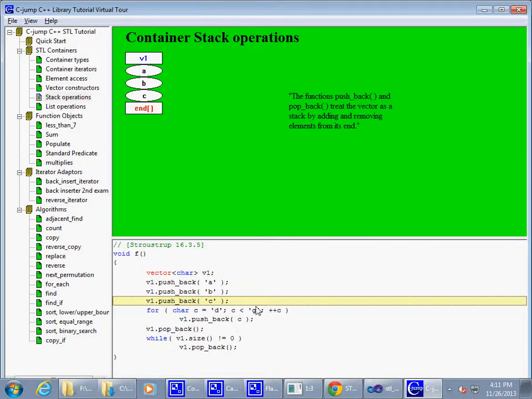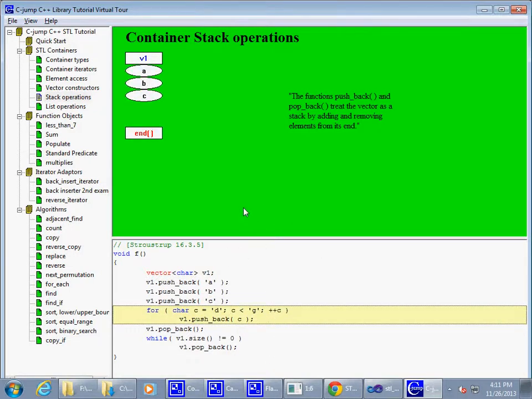Then I can have a little loop that does it in a loop and basically populates it with more characters in a range from D to G, and now we have A, B, C, D, E, F, right? So we have this little loop. Now if you want to remove elements in a stack-like manner from the vector, right? By the way, in our homework assignments related to stack of integers, we could have used vector, and